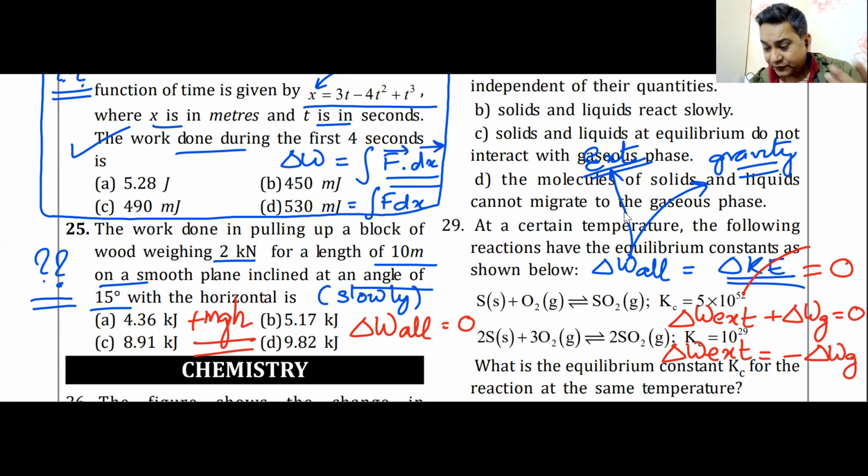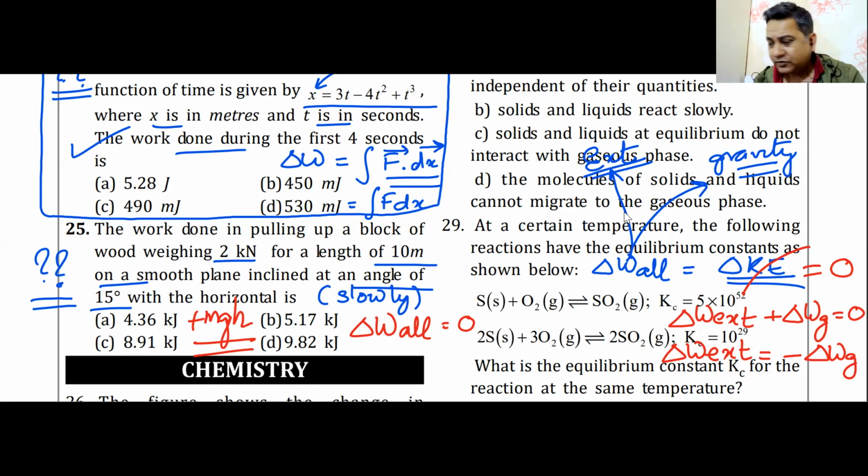Now, some of you might have got the answer correctly because you must have found work done by gravity, because that is the only thing that you know in this question. And I won't give you a question where you don't know anything about it. So you would have found out the work done by gravity and thought, it must be the same. That must be the answer, and you might have ticked it. That is called luck. Now you know the reason behind it, why it comes negative of work done by gravity. So I have discussed the question which we already covered.